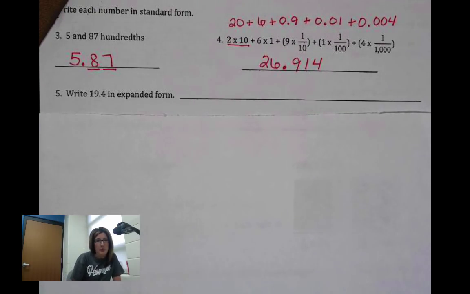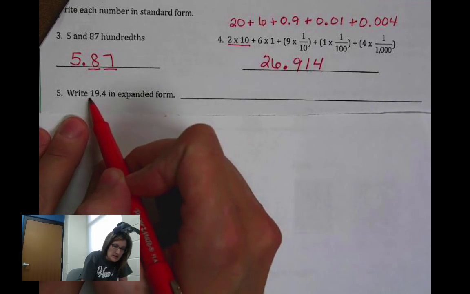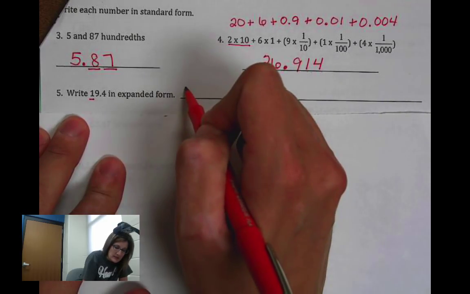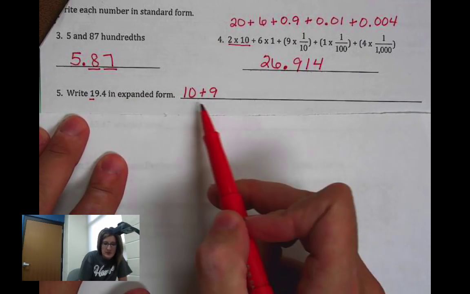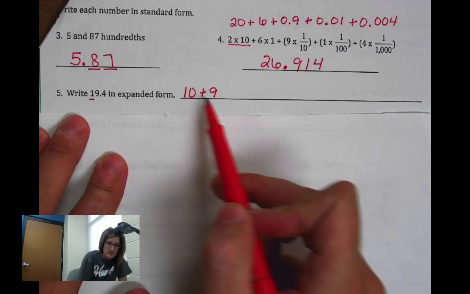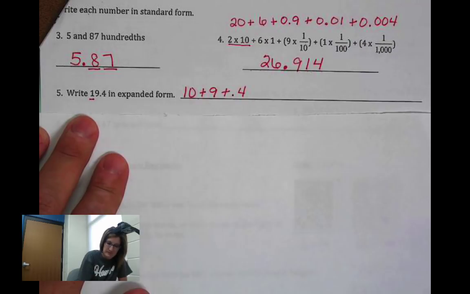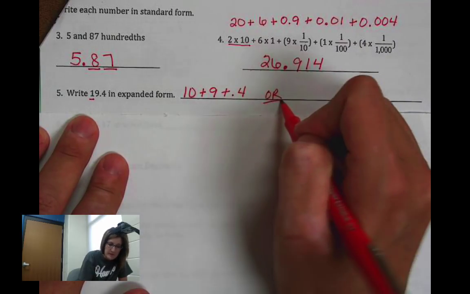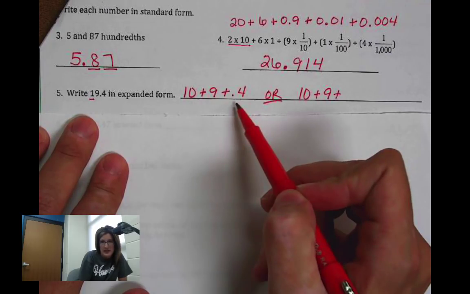Write 19 and 4/10 in expanded form. So again, please pause this right now, do that problem, and then come back and check. So my 1 is in my tens place, so I have 10 and my 9, which makes sense because what's 10 plus 9? 19. And then I have 4/10. You can write it that way, or you can still have your whole numbers the same, but instead of writing 4/10 as a decimal, you might choose to write,